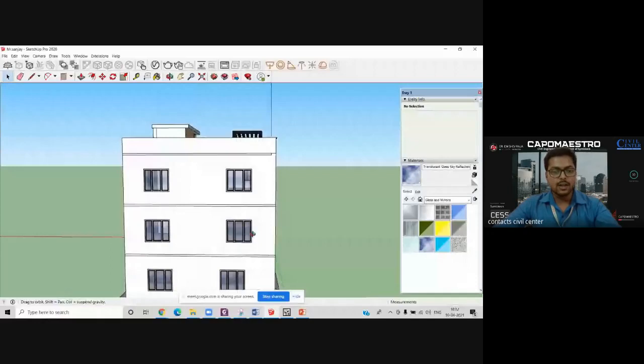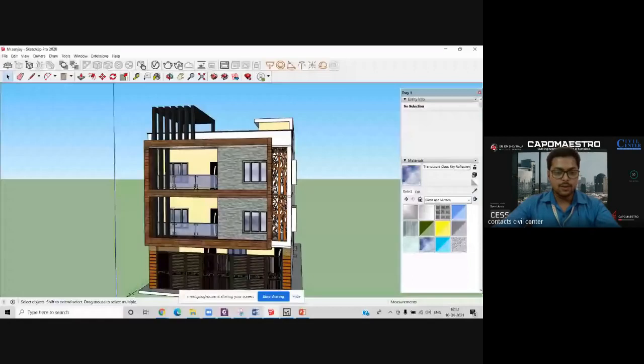Okay, so guys, I think you have an overview of what SketchUp is and how we can use the tools, what the different tools in here are. And day after tomorrow, on Monday, we are going to have another session, and there we will learn how to create a model. I will just stop sharing this. By then, you can simply start practicing all the tools.